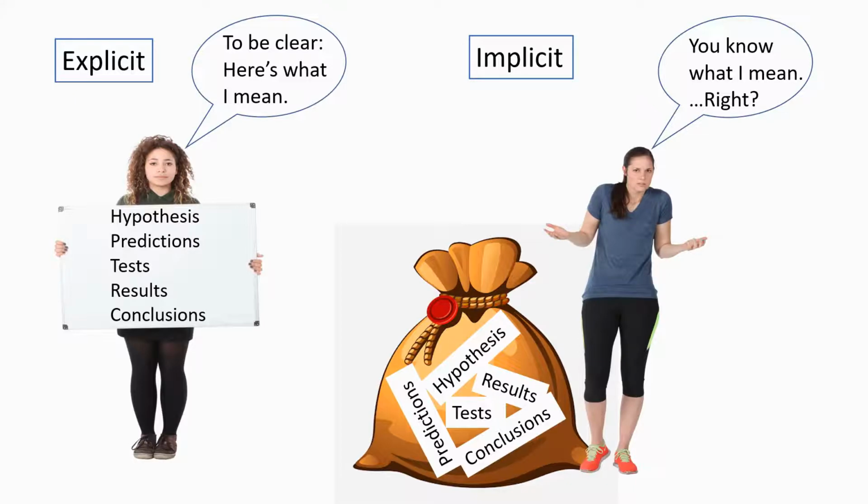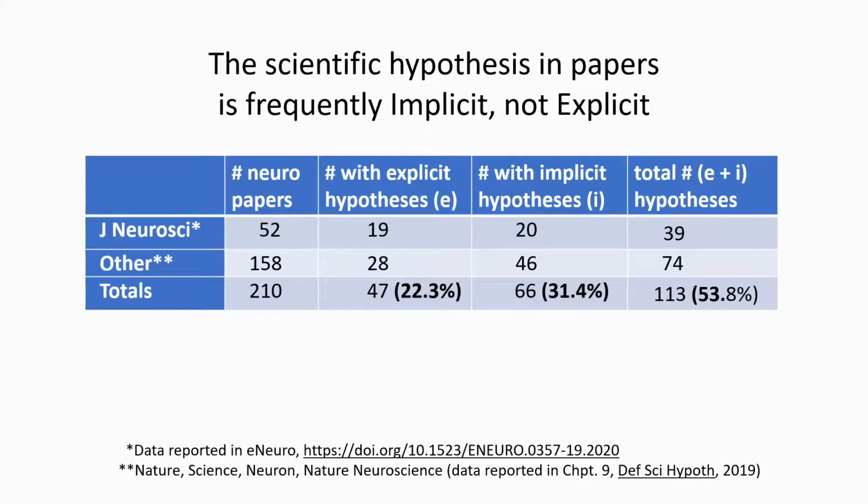And this imposes a cost that we'll get to in a second. Now you might be wondering just how widespread a problem or situation this is. To get an idea, I've analyzed 210 papers. They were neuroscience papers, so they're in my field, and I classified them in a variety of ways, most importantly,